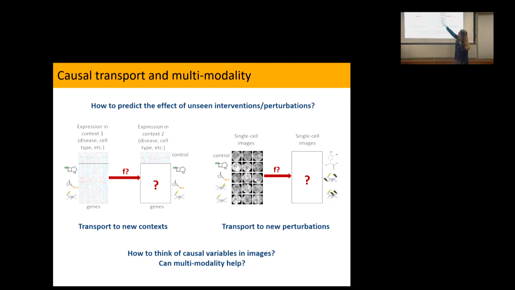Pixel 1 is certainly not a causal variable, because pixel 1 has nothing to do with pixel 1 in another image. The cells have all kinds of different shapes, and we don't know what the rotation is. There's no way to just orient them to make pixel 1 map to pixel 1.